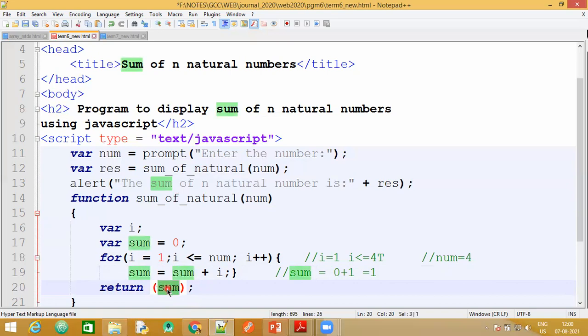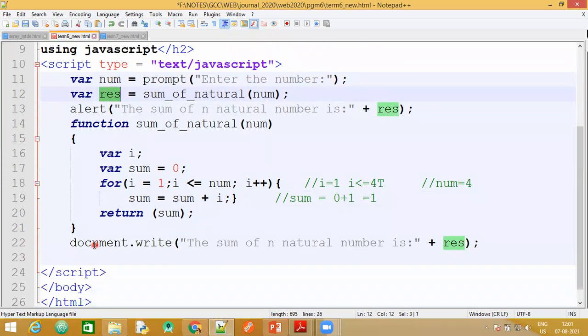Whatever the output is will be returned to this function call here, and in the result, it is going to be stored. Now, another way to print it on the browser is document.write. Here also we will say the sum of natural numbers is, and we will print the result. So this is the simple program.